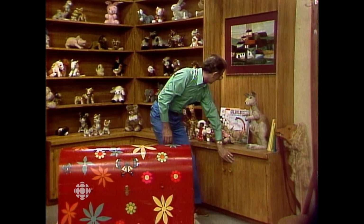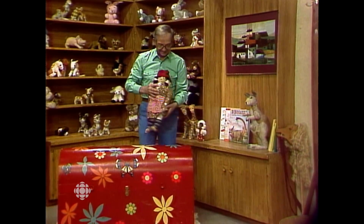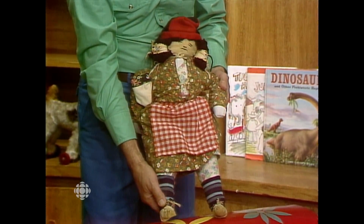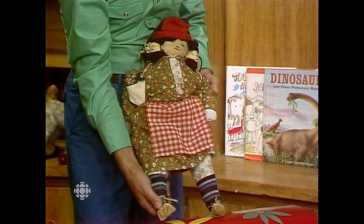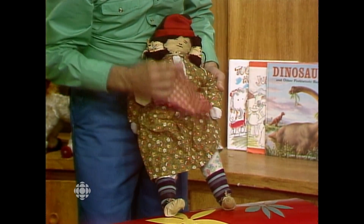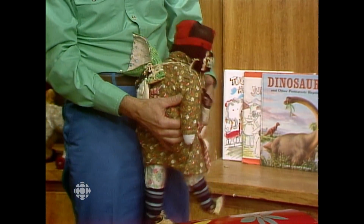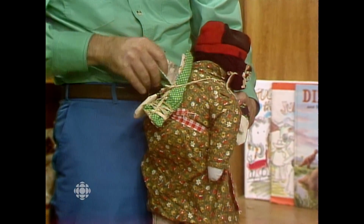Oh, speaking of dolls and dolls' dresses, have I ever showed you these? These are dolls that are very, very well dressed. This one came from a place called Labrador, and it was given to me by a woman there, and she made it. Inside it's full of tea. The stuffing is dry tea, not the tea that you drink, but what you make the drink out of. See the little shoes? These are made out of real leather, and there's an apron, little underclothes there, mitts around her neck, and on the back of her, she's carrying a little thing to put her baby in. See, the baby fits right in there, can be carried around in the